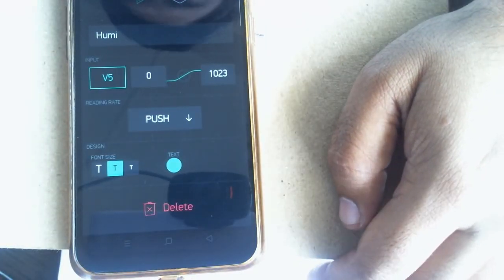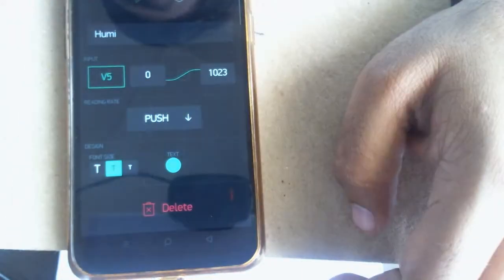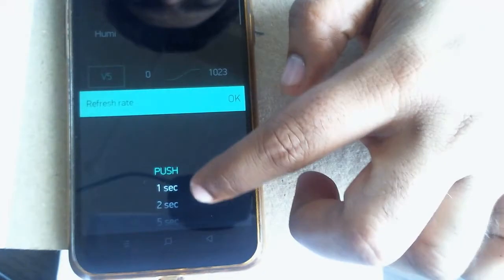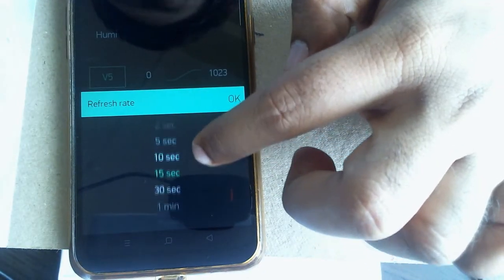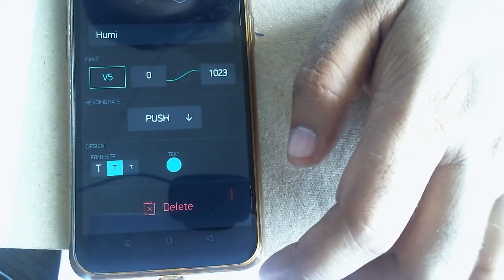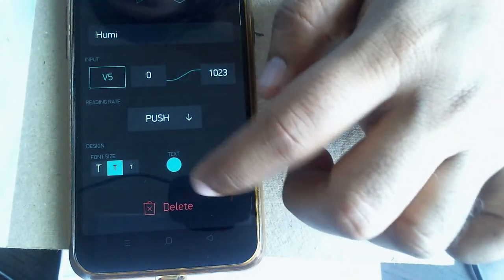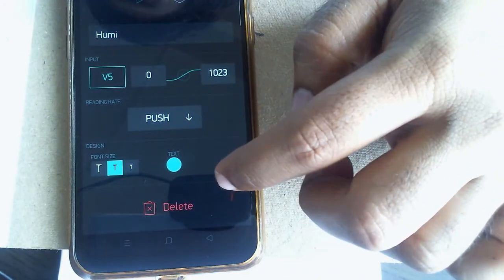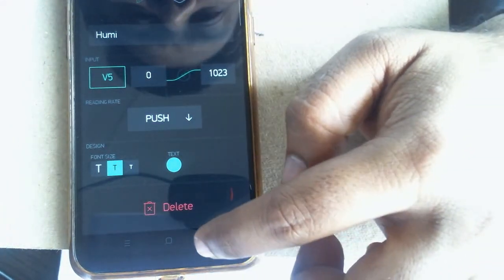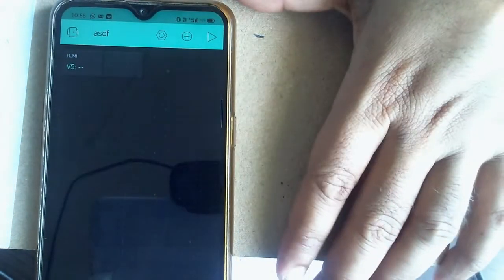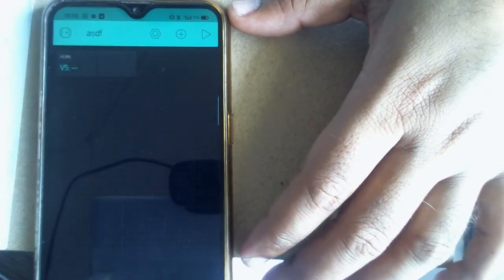For the kind of reading, it is pushing, meaning data is pushed from the sensor onto the cloud, or you can provide certain intervals like 1, 2, 5, 10 seconds, so that the data will be fetched automatically according to that timing interval. You can customize font sizes or the kind of text, but I'll keep it as it is. Now go back, and this option will be available to you: humidity will be observed on V5.